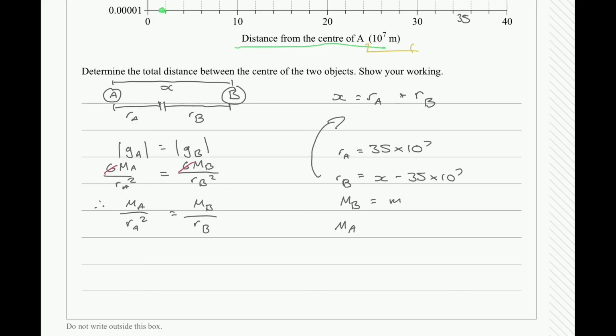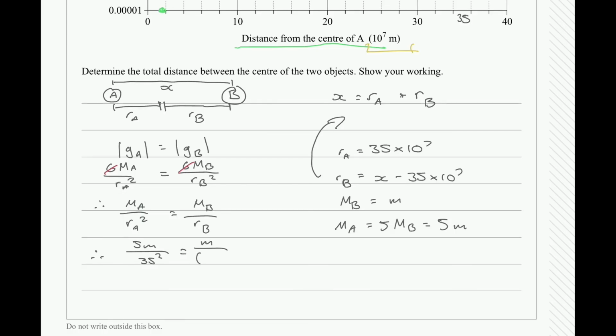We've said MA is equal to 5 times MB, which is the same as saying 5 times our little m. Now we can substitute those values in. So it's 5m divided by 35 squared, and I'm just going to drop the times 10 to the 7 here,